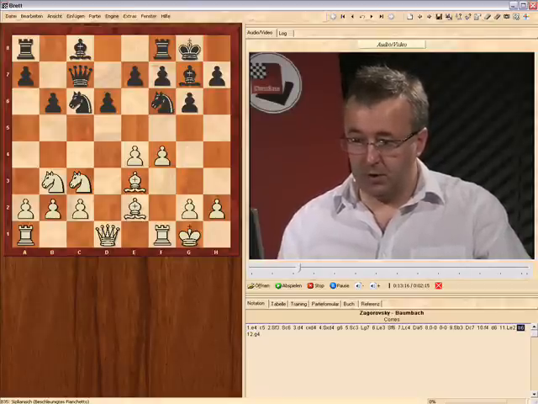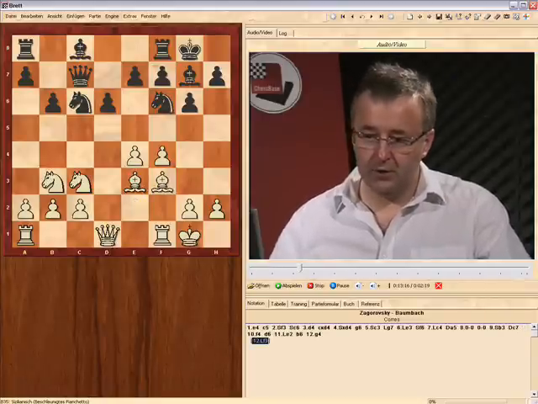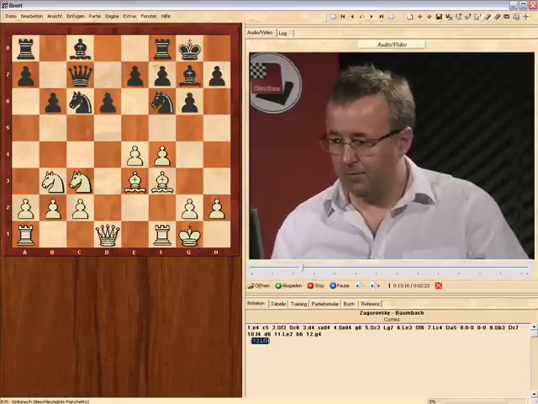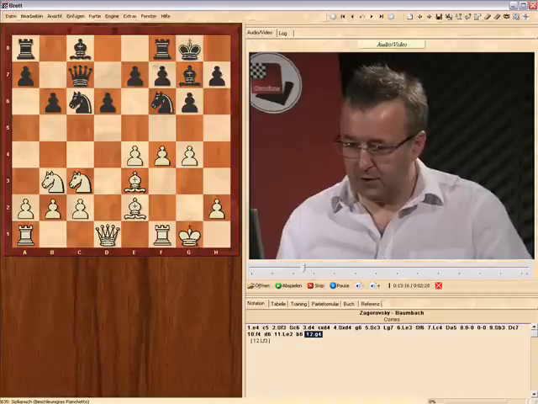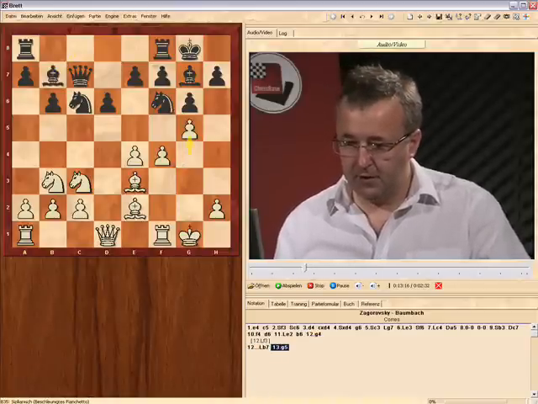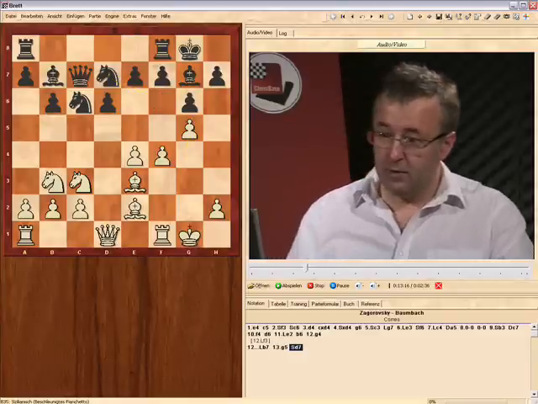In the next section we'll be looking at bishop f3, which is somewhat more solid and stable. So, okay, g4, black goes bishop b7, and after g5 he plays knight back to d7, and now it